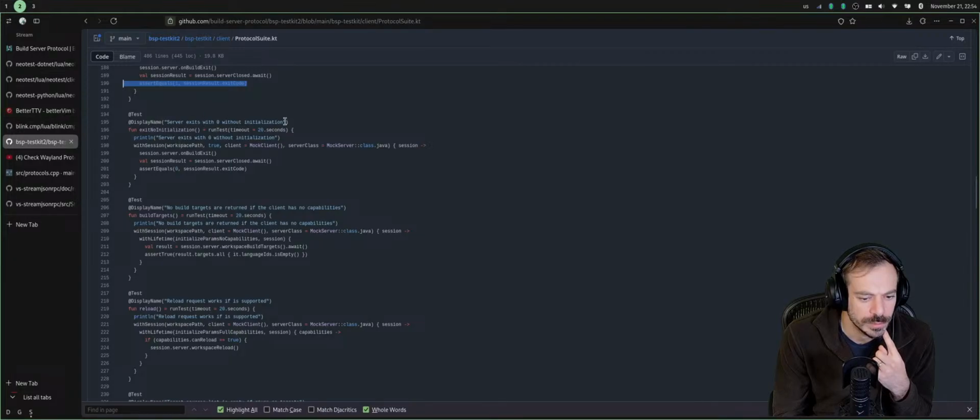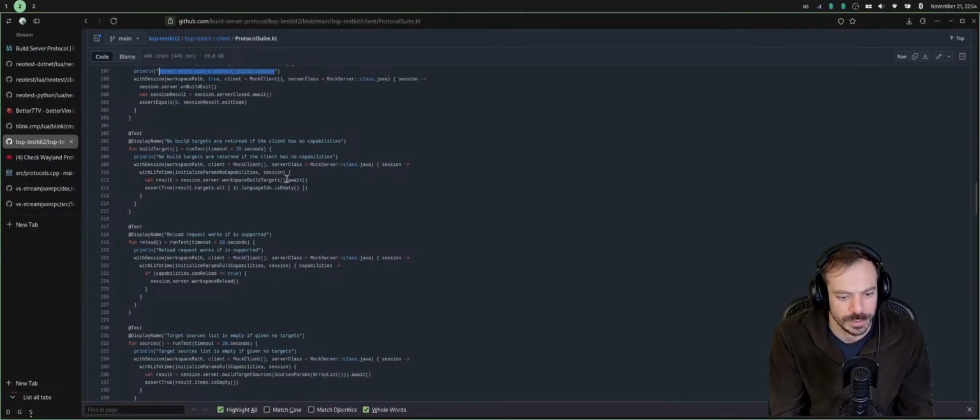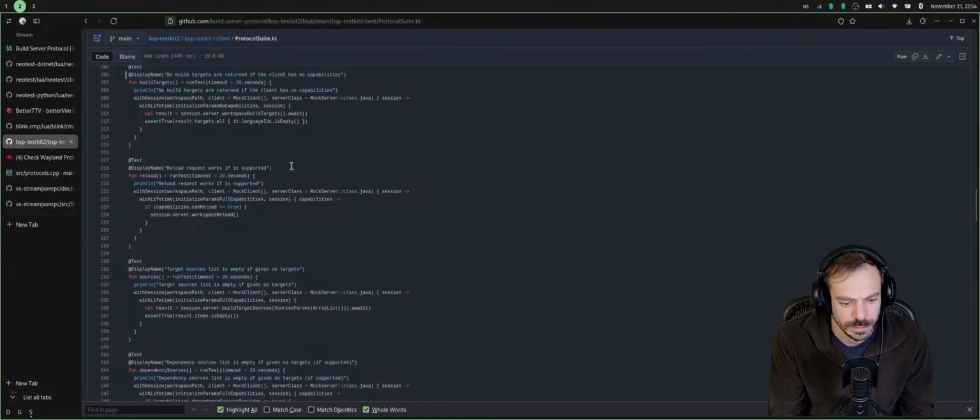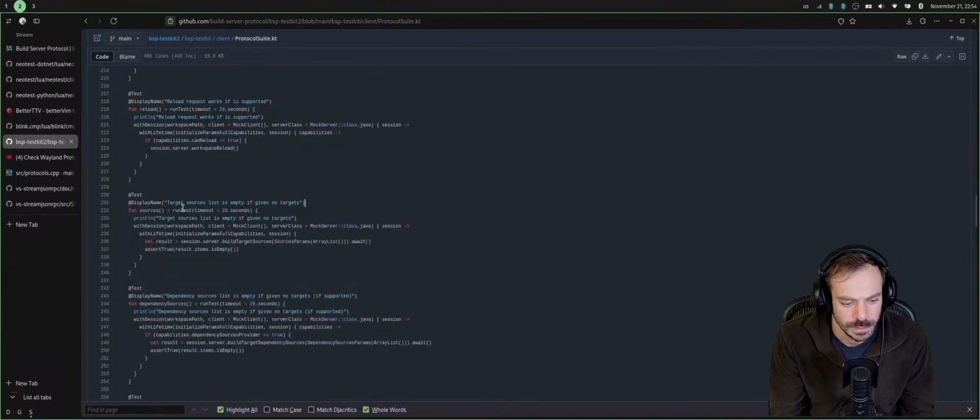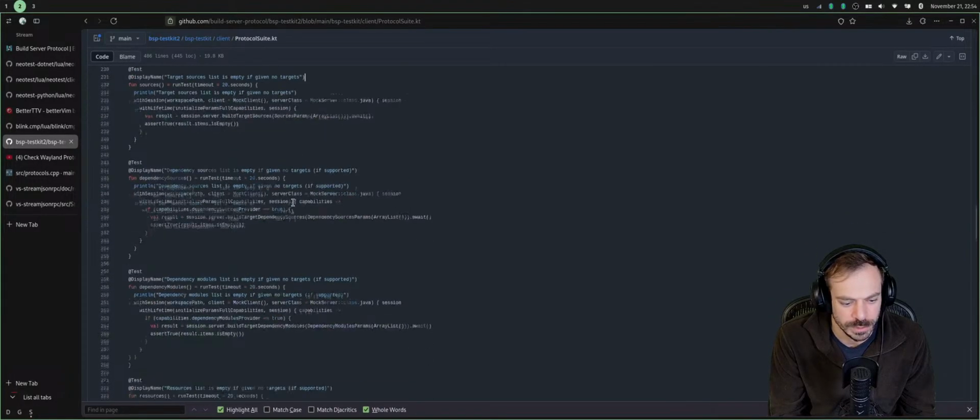Server exit with 0 without initialization. No build targets are returned if the client has no capabilities. Reload request works if supported. Target sources list is empty if given no targets.